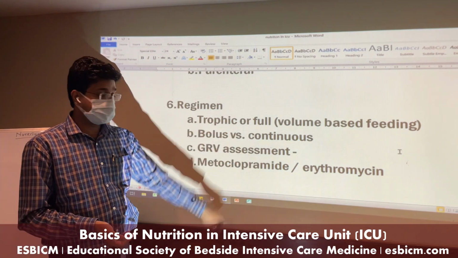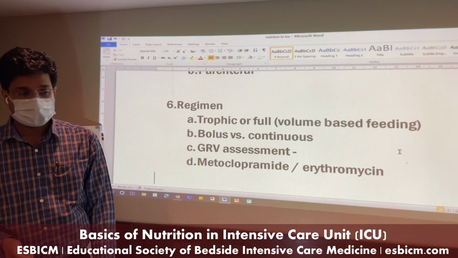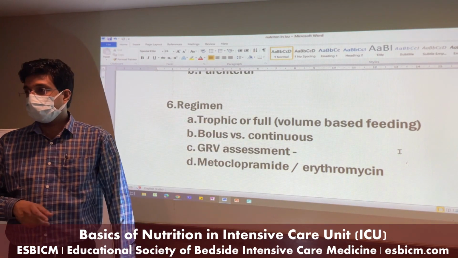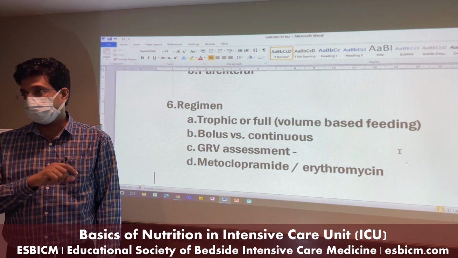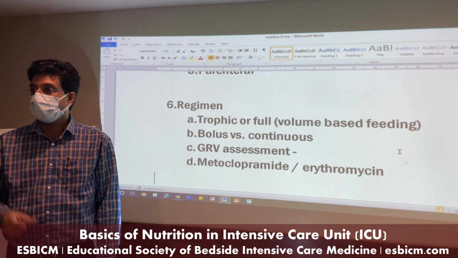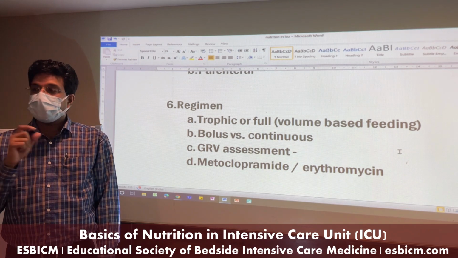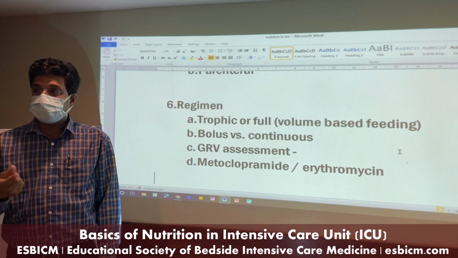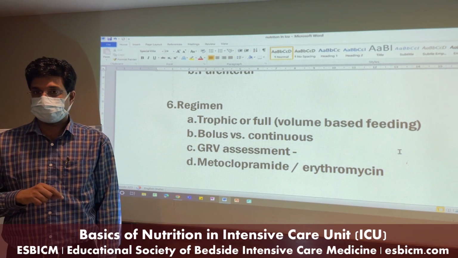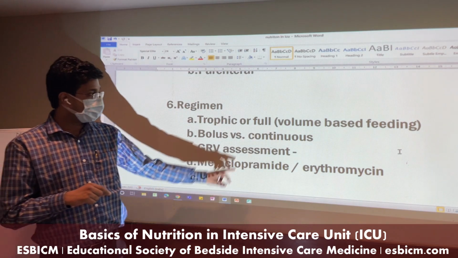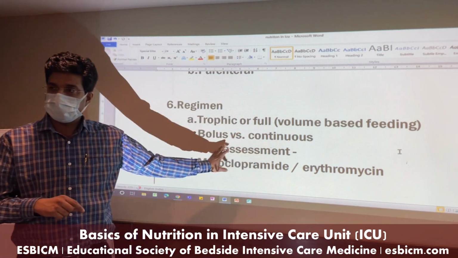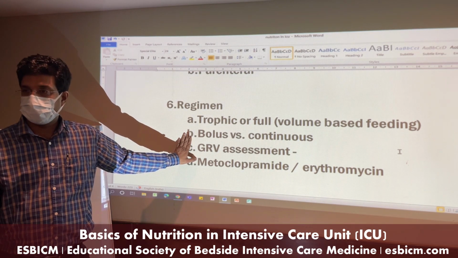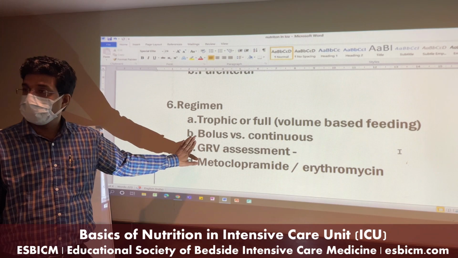But the challenge with continuous feed, the biggest disadvantage, is that your gastric pH is acidic, but if you keep continuous feed to this patient, the pH remains a little alkaline. That alkaline environment is good for microorganisms. If your patient is on a ventilator or the patient's cough is not good, the chances of aspiration pneumonia increase drastically. This is the biggest disadvantage of continuous feeding. Otherwise, fair enough. But we recommend if the patient is stable and tolerating feed, you should go with bolus feedings.